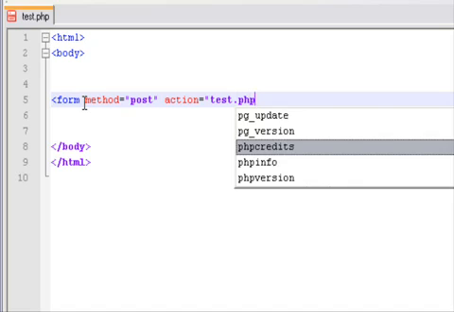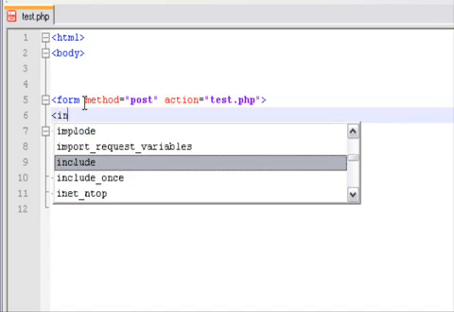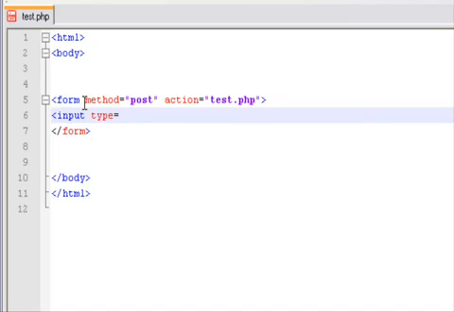Close that form off. Input type text, and the real important thing here is the name attribute for the input tag. You can put whatever name you want, but this is going to correspond to our PHP script. So pick a name that's descriptive, and it does matter. Case sensitivity does matter. If you use small letters and capital somewhere else, you're going to have to keep that the same when you access that in your PHP script, which we'll look at. So let's do name,